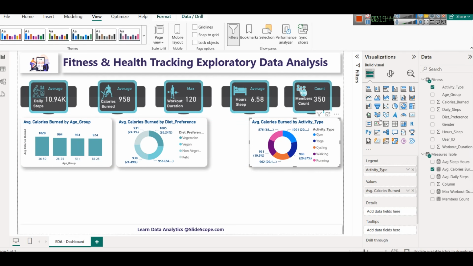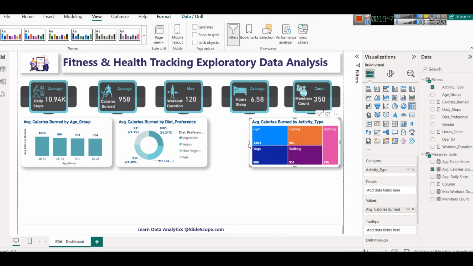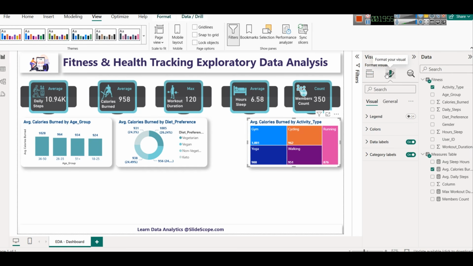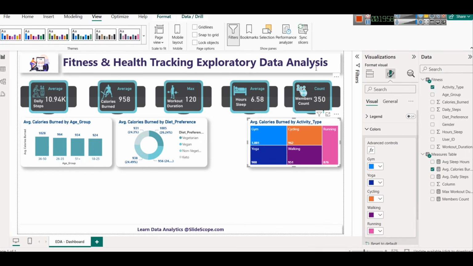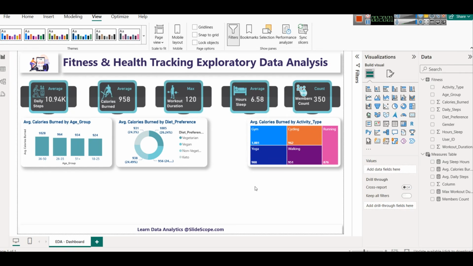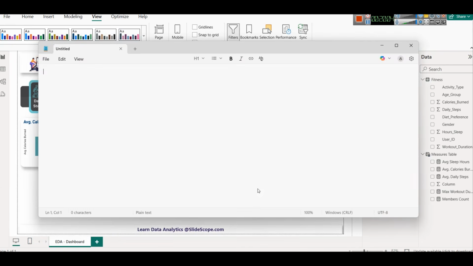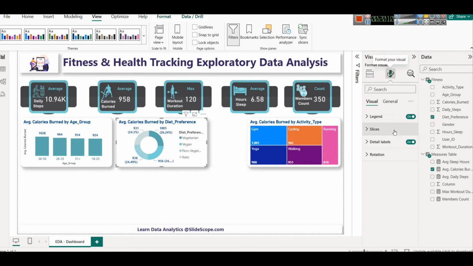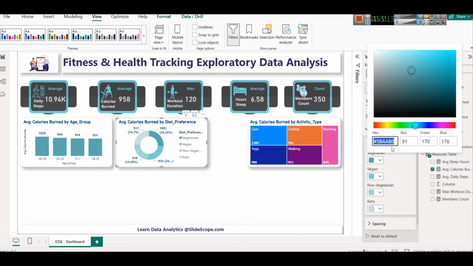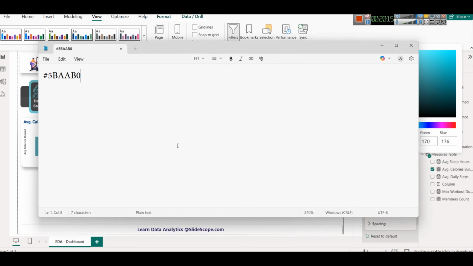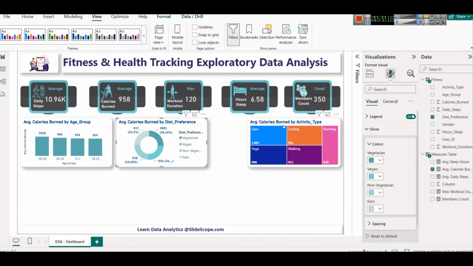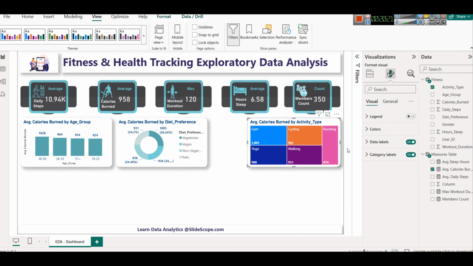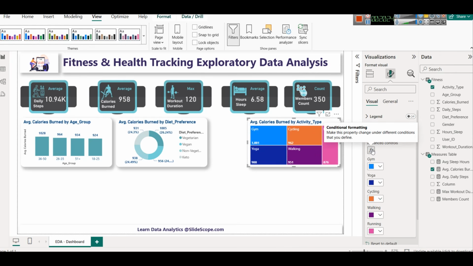I will simply use a tree map. In a tree map you can show the same kind of graph, but we are keeping this color, right? I have already copied that color, so I will simply copy it somewhere so that I can use it again and again. I'm going to slices. This is the hexadecimal color code. Now if I want to use the same color gradient here, in colors we can always go with fx also,